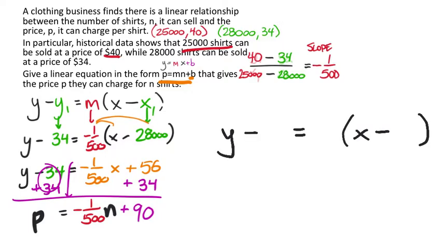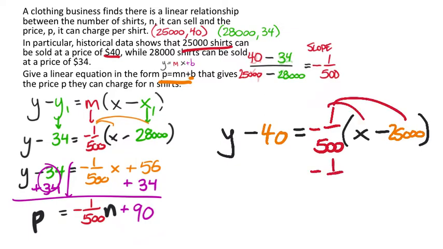Okay, so let's try with the other ordered pair, right? We got the 25,040. Of course, the slope here is negative 1 over 500. And I'll use orange so we don't get this colored stuff mixed up. Oh, crap, it's kind of big. So the y value is 40. And then the x value, probably should have given myself more space, but it's 25,000. Okay, well, let's distribute that negative 1 over 500. So that, again, negative 1 over 500x. It's going to be plus because it's two negatives multiplied. Yeah, plus 50. So now the new equation, y minus 40